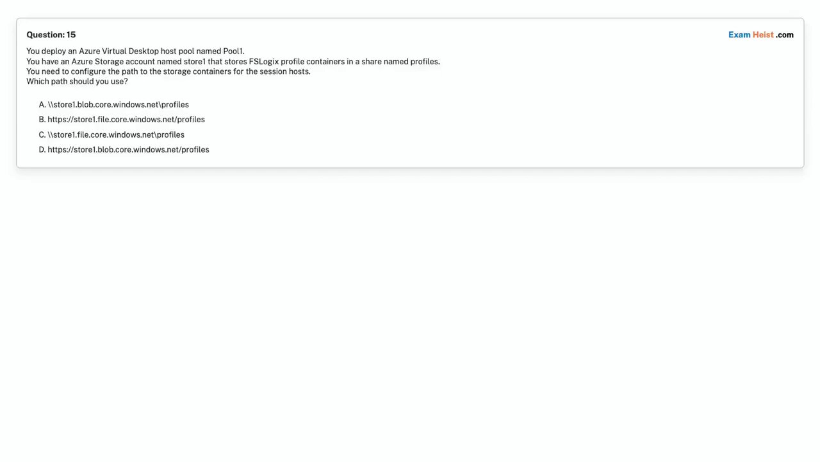Question 15. You deploy an Azure Virtual Desktop host pool named Pool 1. You have an Azure storage account named Store1 that stores FSLogix profile containers in a share named profiles. You need to configure the path to the storage containers for the session hosts. Which path should you use? Option A, Store1 blob core windows net profiles. Option B,